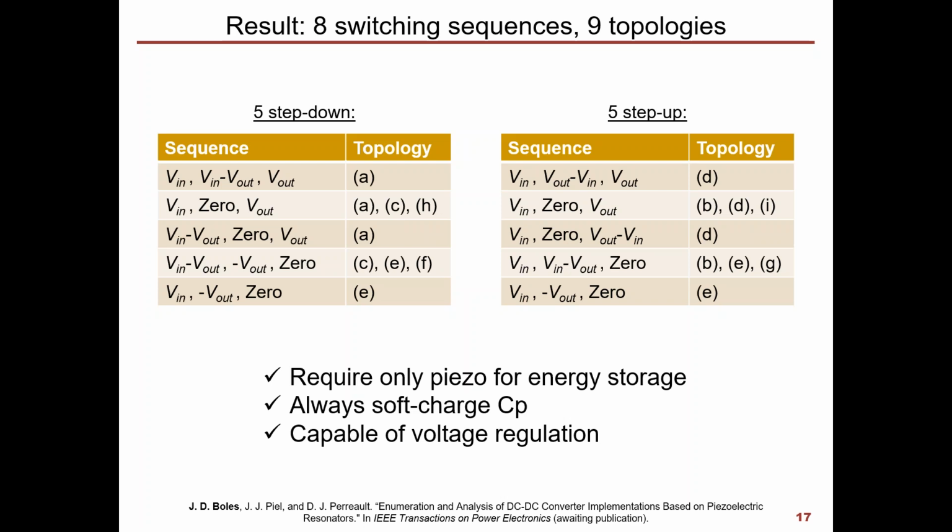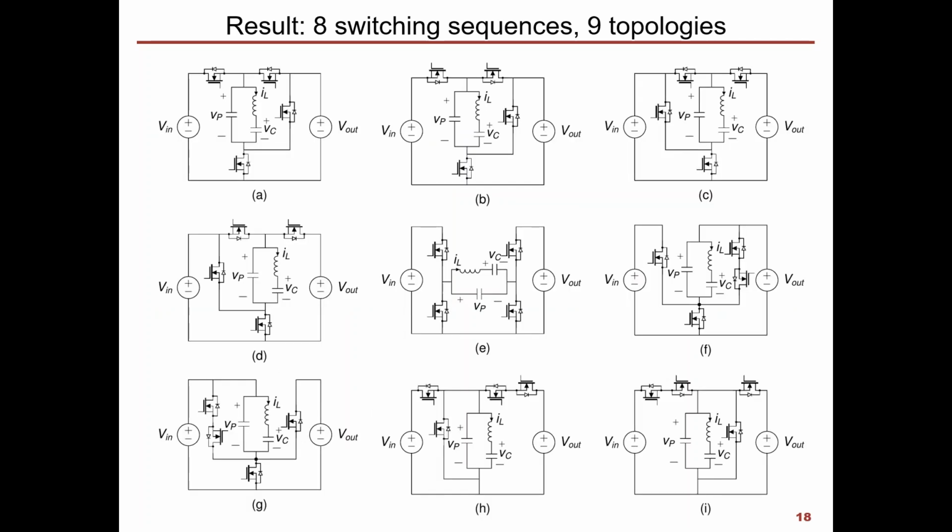And so again, we're focusing on what's the sequence that we're cycling the piezo through rather than the topology. Now, all of these sequences meet our goals of requiring only piezo for energy storage, no magnetic components. They always soft charge CP, and they're capable of voltage regulation. And so these sequences can be realized in 9 topologies, which I'm showing here just to show the variety